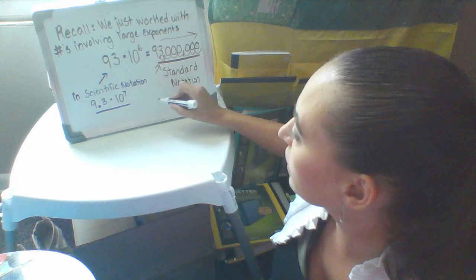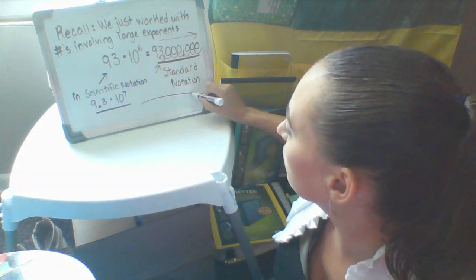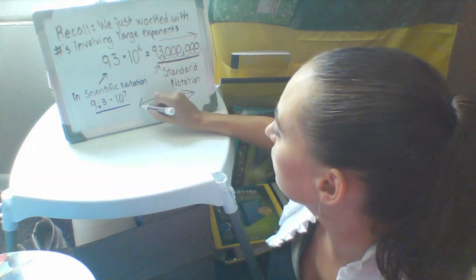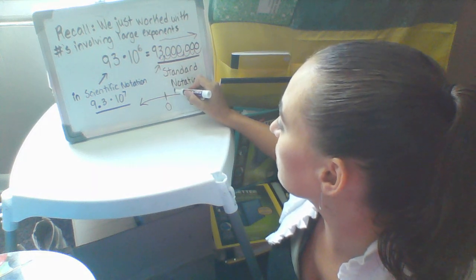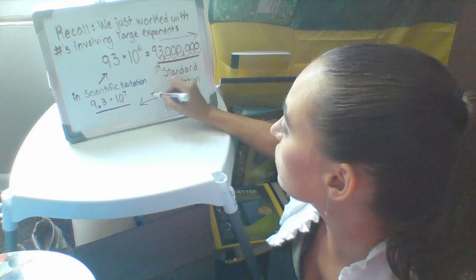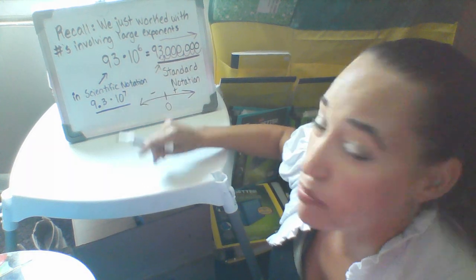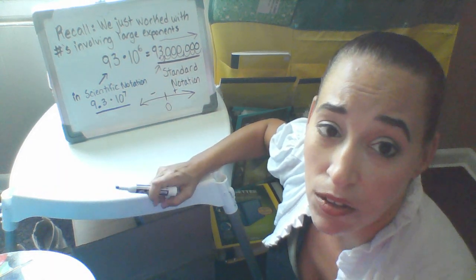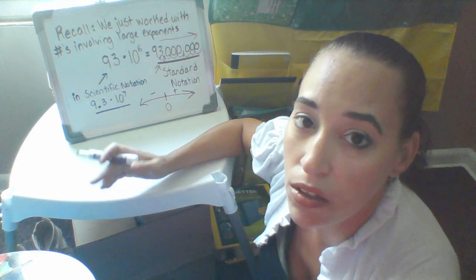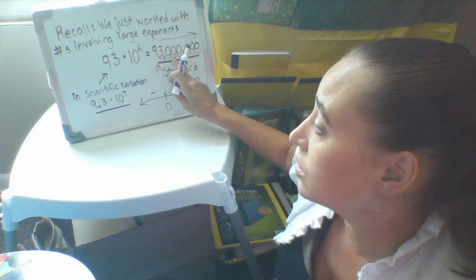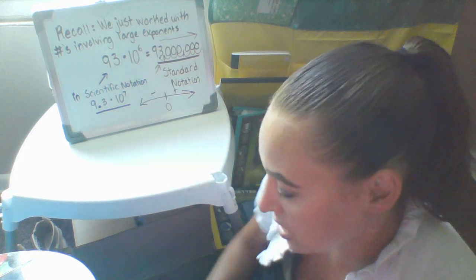Think of a number line. If I have a number line, and this is my 0, if you're to the right, you're positive. If you're to the left, you're negative. So I know that's a positive 7. If you're moving to the right, it's a positive 7. Another really easy trick is if it's a big number, you know it's positive. If it's a small number, you know it's negative. So what I mean by that is